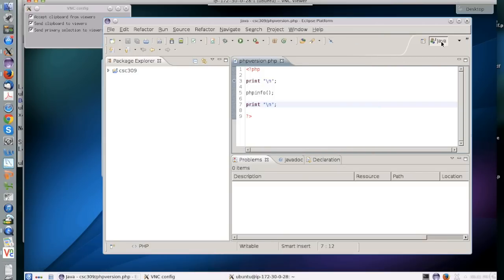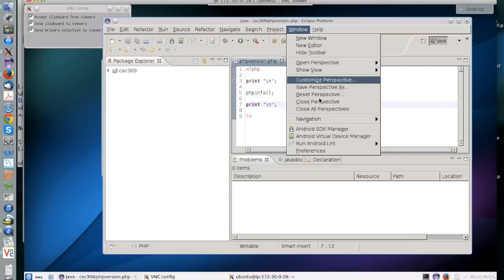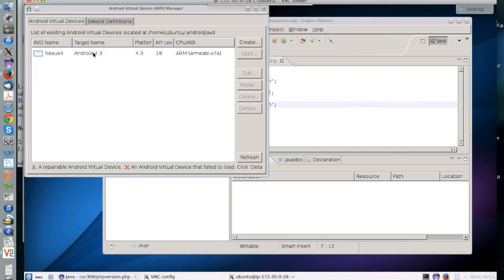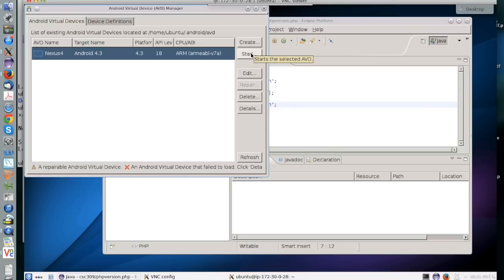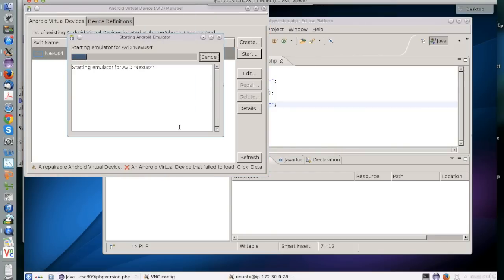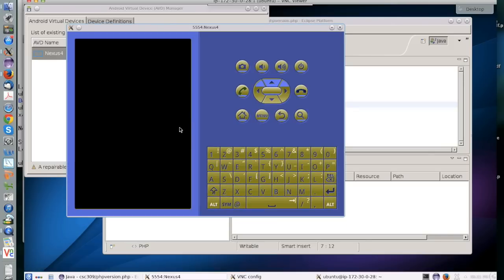So if you are in the Java perspective of Eclipse, all you need to do is go to Window, and then you'll see that you can actually manage the emulator, and there will be an existing emulator predefined for you that simulates a Nexus 4. You can create different phones and tablets. There are a few SDKs preloaded, but not all of them. You can always install more SDKs if you want to emulate a device that's not supported. The emulator will take some time to start. This can be a few minutes,